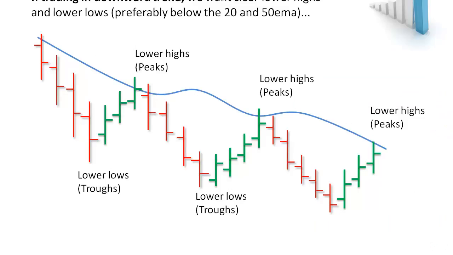And conversely, in a downward trend, when we're looking at moving averages tracking price action, we want the cyclicity to take the lead, i.e. the price action to take the lead, making lower highs and lower lows like we could see here, lower peaks and lower troughs, and the moving average, particularly the smaller one,